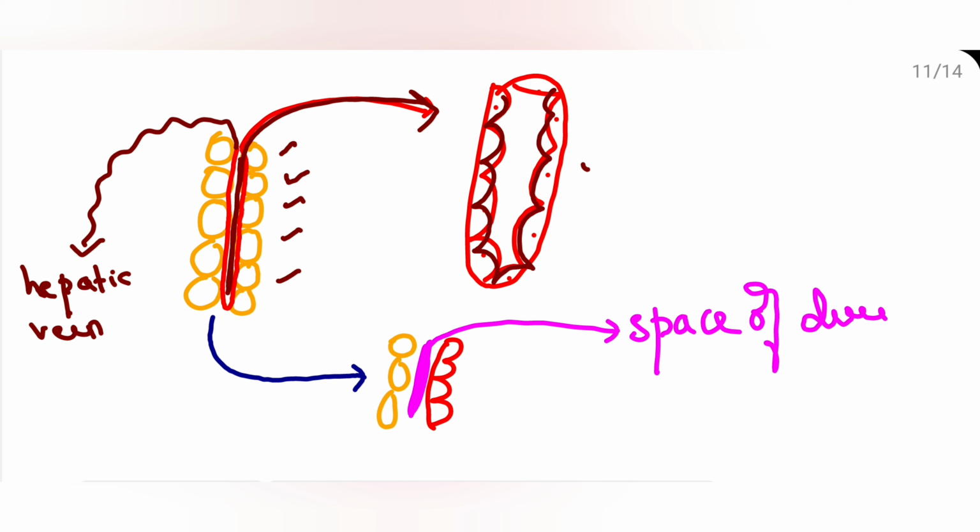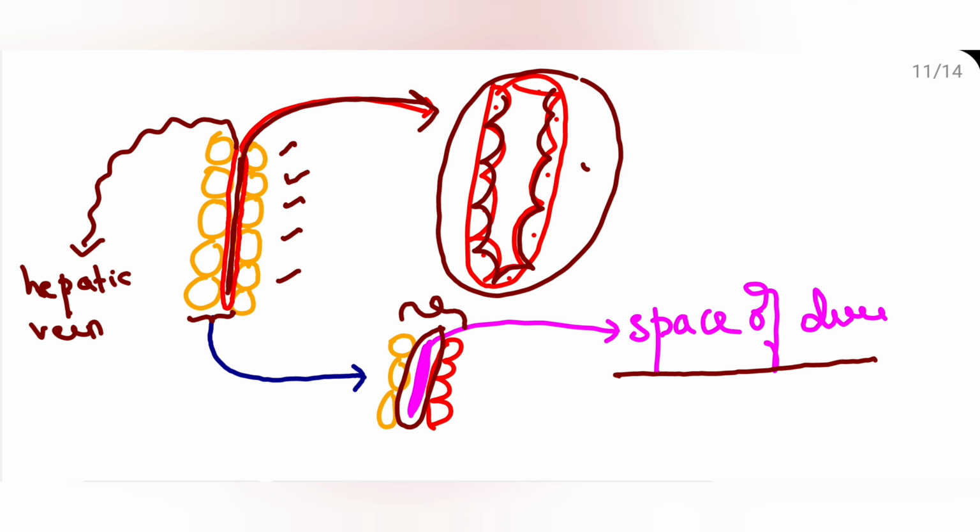The interesting part comes here. In the small space between these two hepatocytes, there are sinusoids. That's not enough. Between these hepatocytes and these blood vessels, if you magnify, you will see a space. This is known as the space of Disse. This sinusoid obviously has blood, and it will drain into the hepatic vein. Thus we can tell that hepatocytes are bathed by both portal vein blood and hepatic vein blood. It has a mixture of blood, hence dual blood supply.